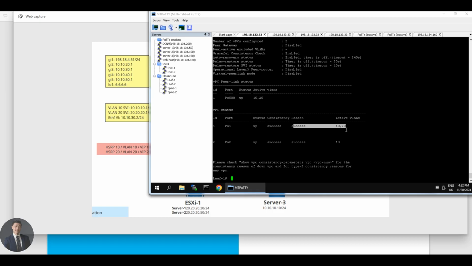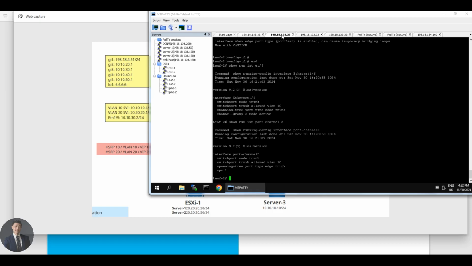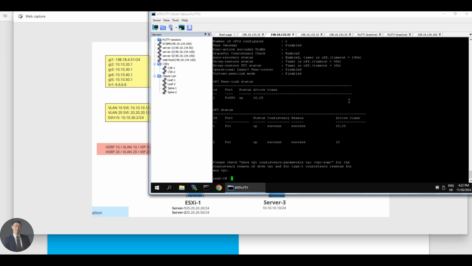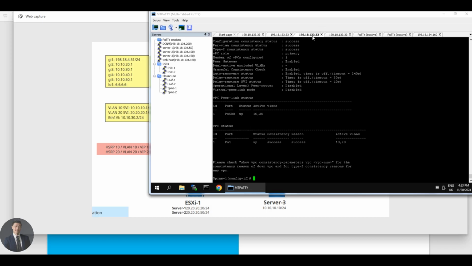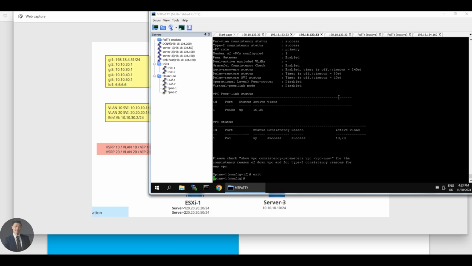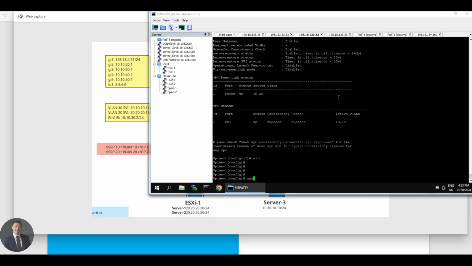Here you go, spine 2, leaf 2 shows VPC brief. We have here back to back port channel 1, port channel 2 also up. Go to spines, spine 1, want to take a look at the spanning tree. Show spanning tree. The spanning tree is showing me